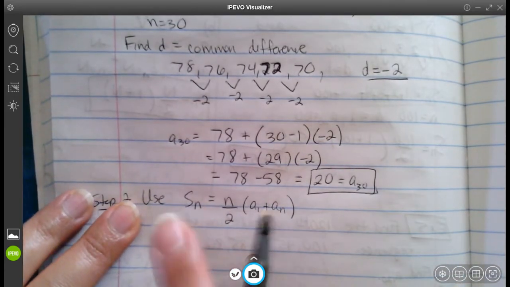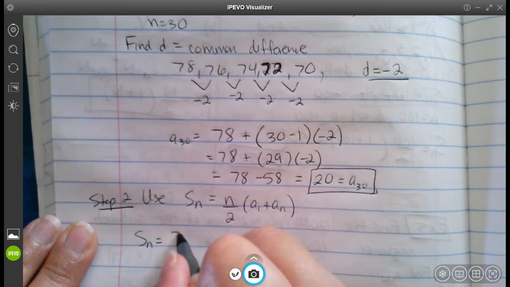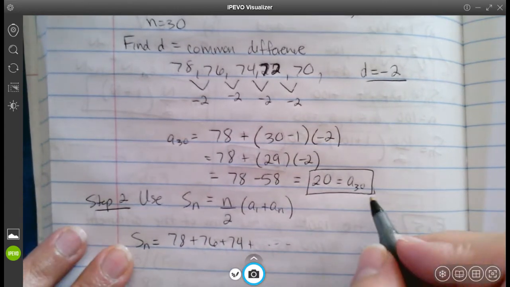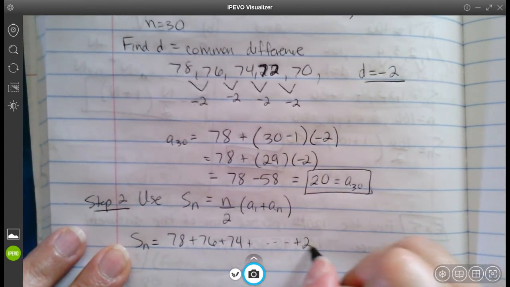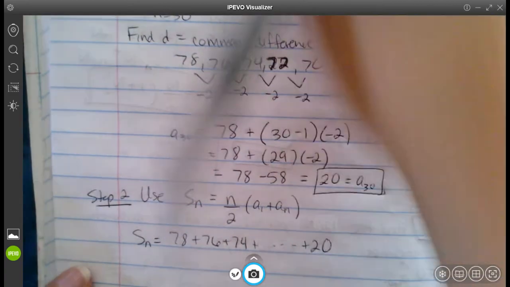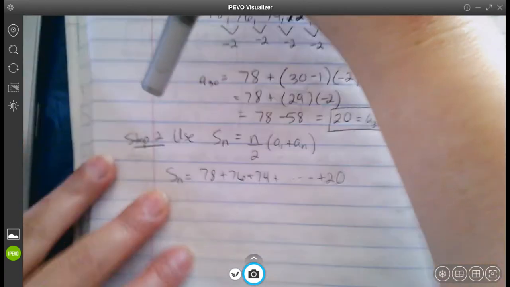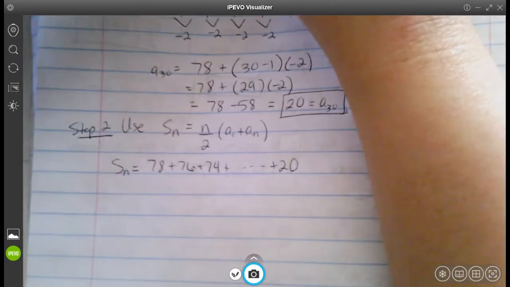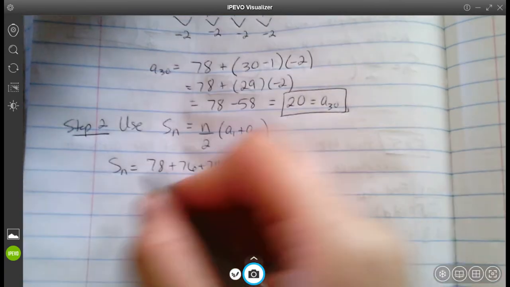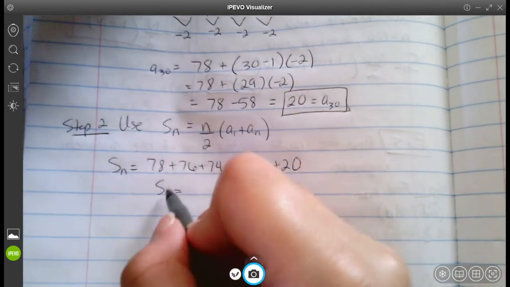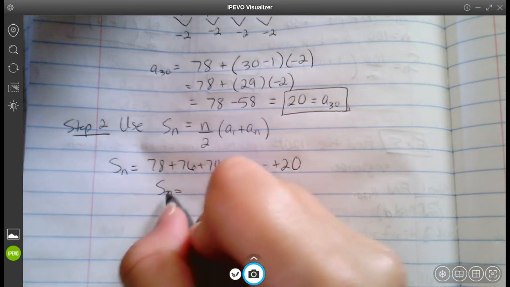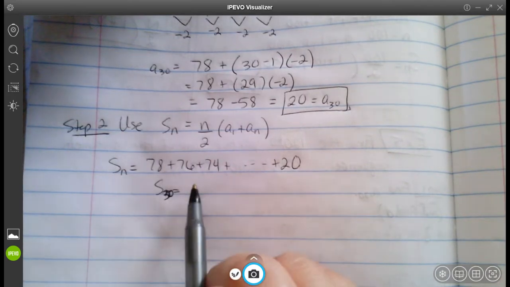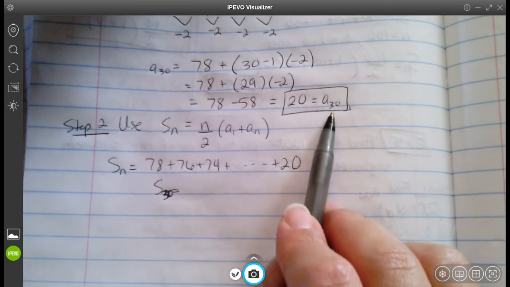What is S sub n? Well, S sub n is the summation. So 78 plus 76 plus 74, all the way till we get to this 20. Okay. And yes, you could do it by hand, but I feel like that would take an incredibly long time. So let's just use the formula. My Elmo is acting a little weird today. Okay, so let's use the formula. S of n is equal, oh, well, I should have put a 30 there. S of 30, okay, is going to be n, which is 30,